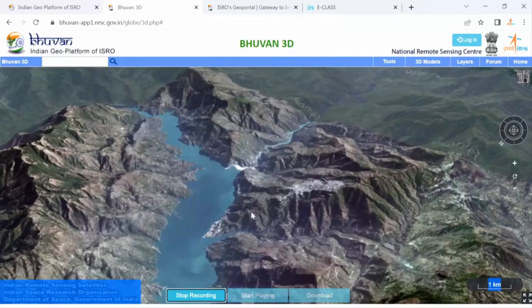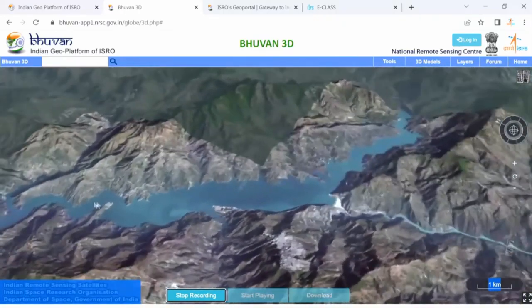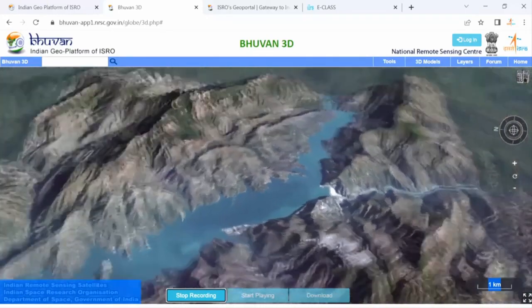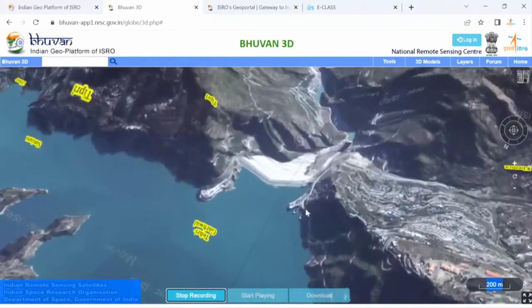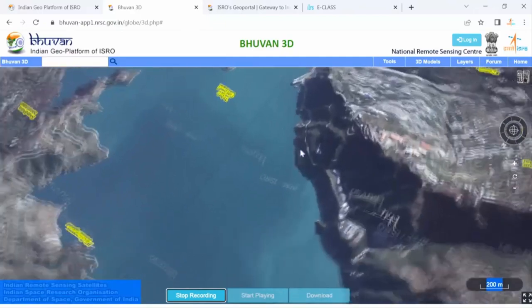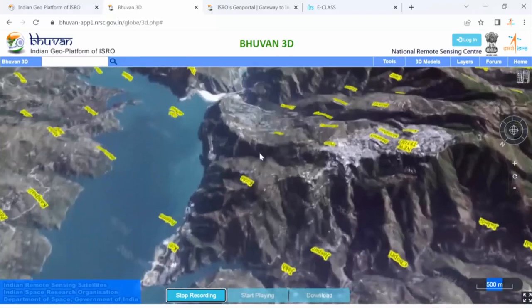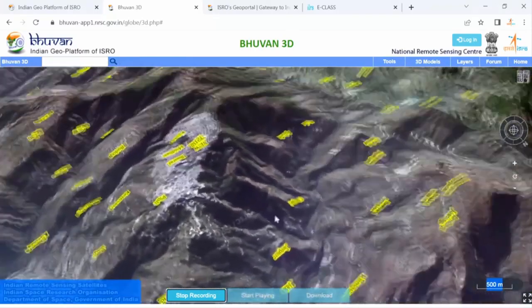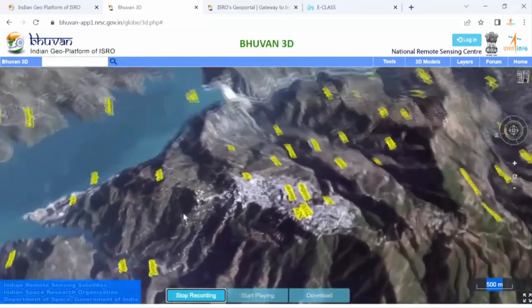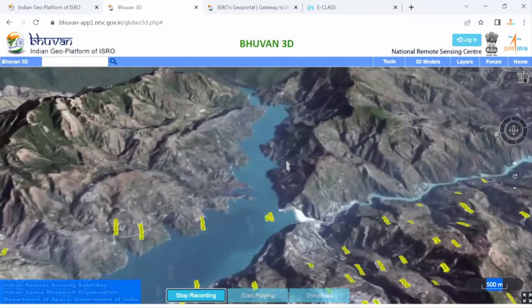Click start recording, and then it will show like this. We can slowly move it like this. This is your Bhagirathi river, and this is the Bhilangana river, and when these two rivers meet at this point, a dam is created here. Once the dam is located here, the city used to be over here. The city is shifted to this part. This is the Tihri city, now the new Tihri city.